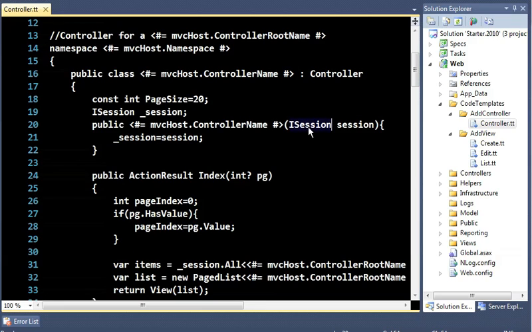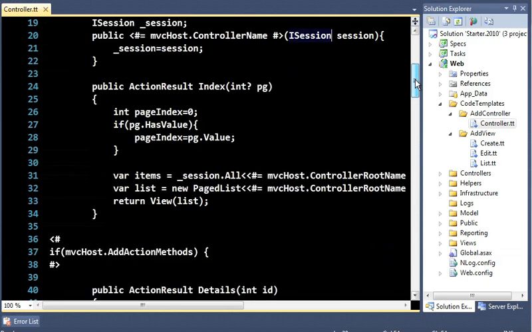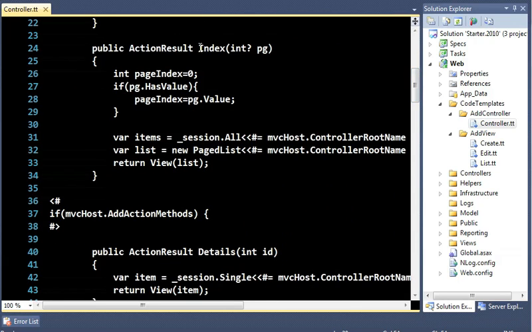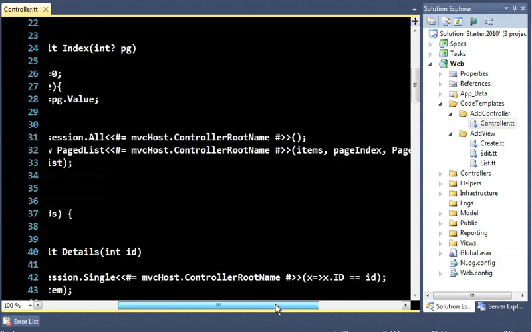I'm injecting in an iSession, as you can see. And if you're unfamiliar with T4 and this looks a little strange, just hold on tight. We'll be done in just a moment. Down here, I have reworked the index to allow for paging and also by default return a list of items